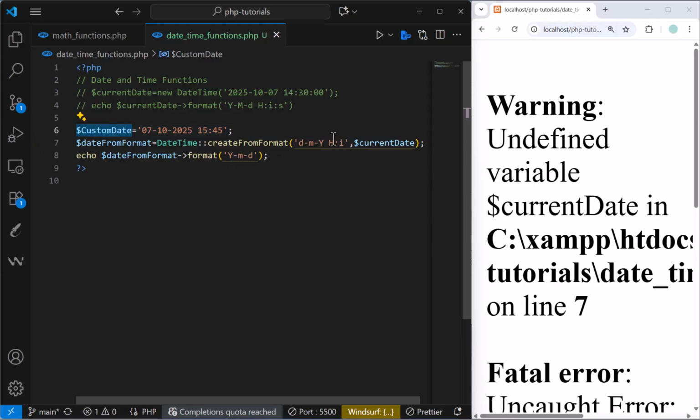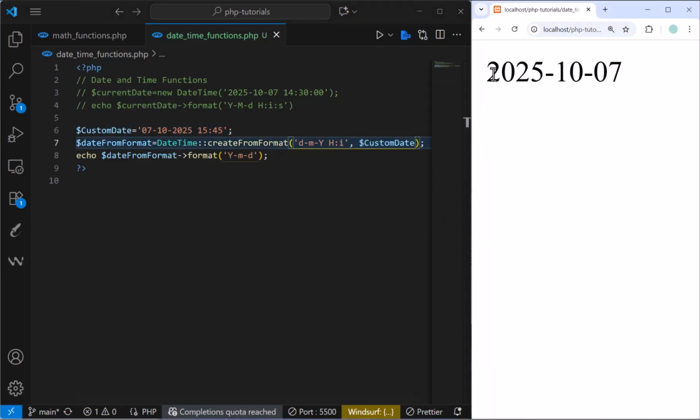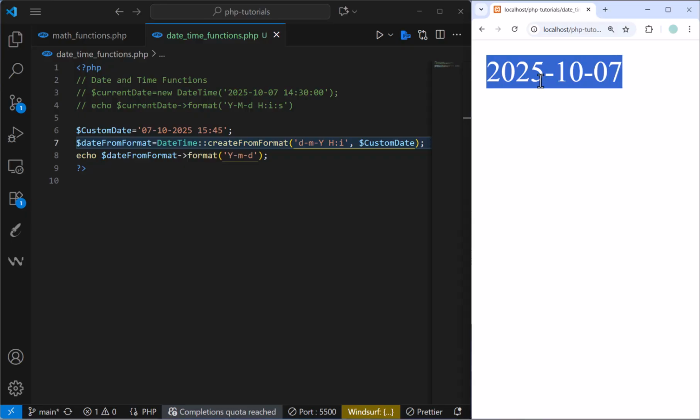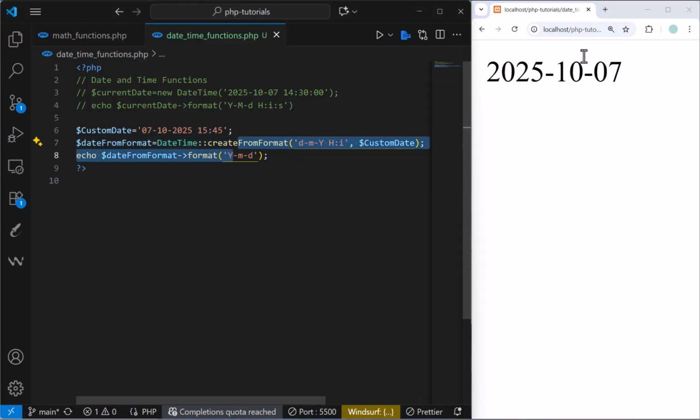Okay, we custom date, not current date, custom date. Now we got our date as a year, month, and day, same format that we wrote here. So it means that it converted this custom format date to the PHP date. Now let's see how we can modify a date, how we can add days, how we can add months and